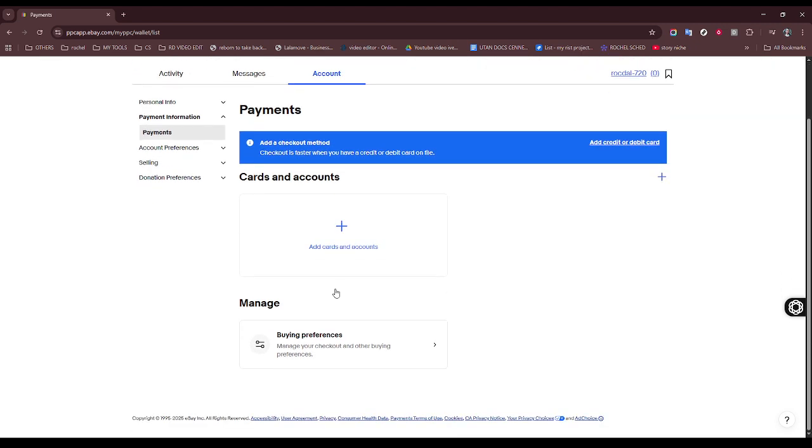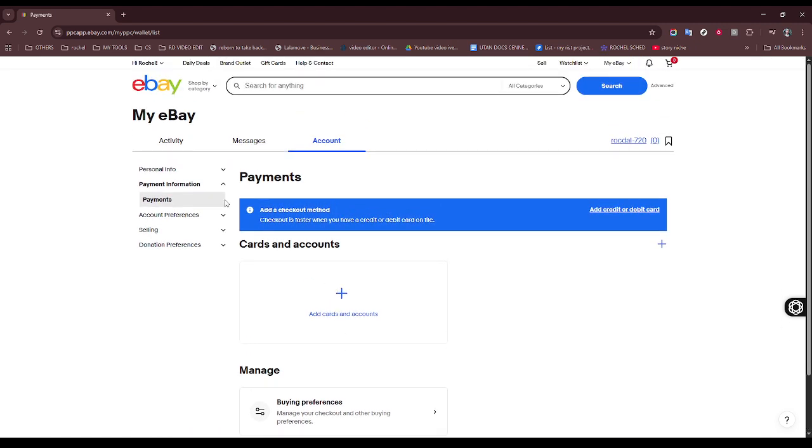Finally, take a moment to confirm the connection between the two accounts. It's essential to double-check your payment information to ensure everything is accurate. Errors in this section can delay receiving money, or worse, send it to the wrong account. That's it. Now your Payoneer account is linked to your eBay seller account, and you're ready to receive your funds